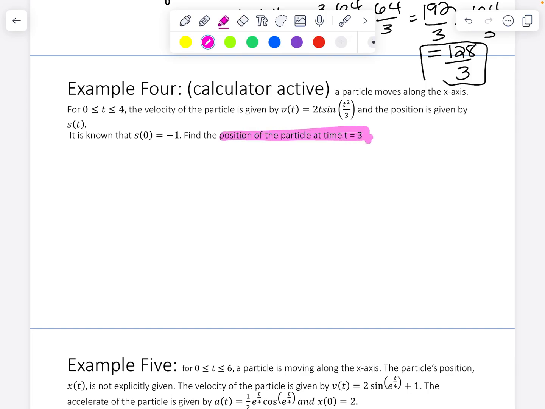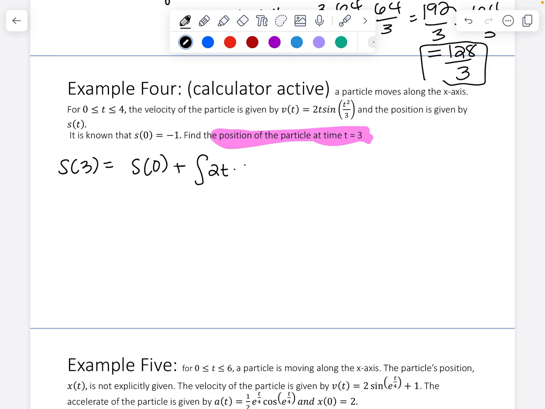So we're trying to find the like ending position. And so to find that, we have to keep in mind, okay, where did it start? And then how much did it travel? And so to set this up, to find the position at 3, we'll have to do the position, its starting position, right? And then plus all of the distance it's going to travel, the net change, which would be the integral of